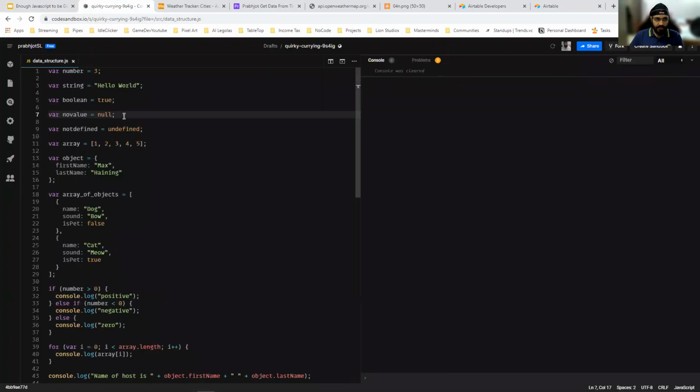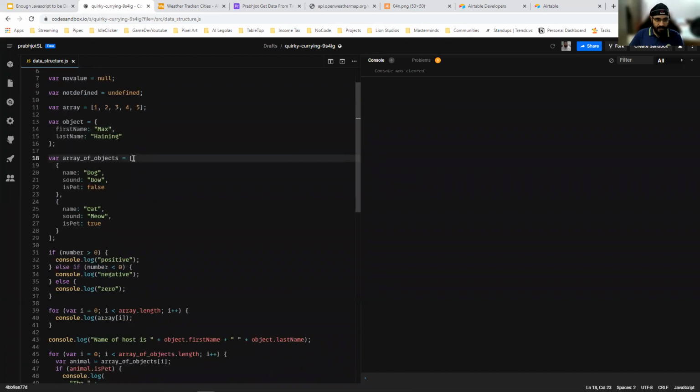And just to refresh the memory in actual coding, these are our data types. So you have number equal to 3. This is a type of number. This is a string. This is a Boolean. This is null, where you have no value. You set it like this. When you don't set any value, it's undefined. This is an array, or the most basic form of a list, which is used to store a collection of items. An object is basically a dictionary, which lets you set a key as the value that you'll use to get this data and the value.